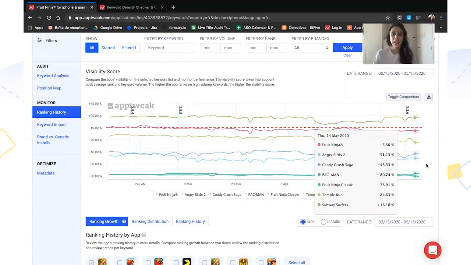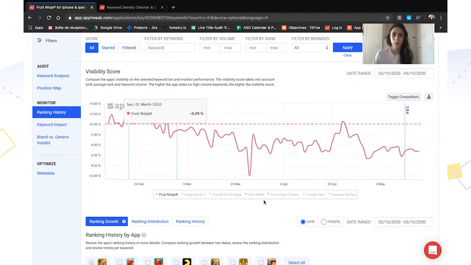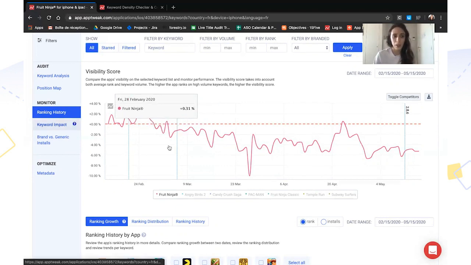Yes, so basically here you can even toggle the competitors, and then you have the impact. So let's say we've done an update. Let's assume that it's an update of your metadata, and here you can see that the visibility score is decreasing. So this shows you really the impact of it. And you can also use the keyword impact